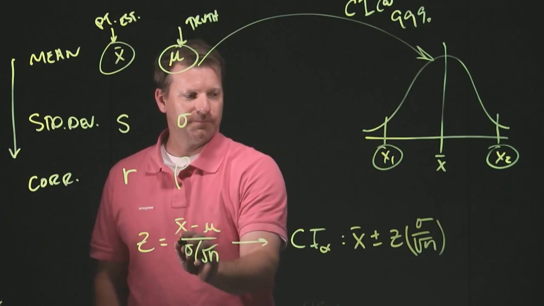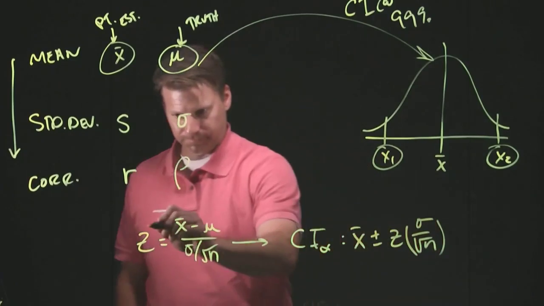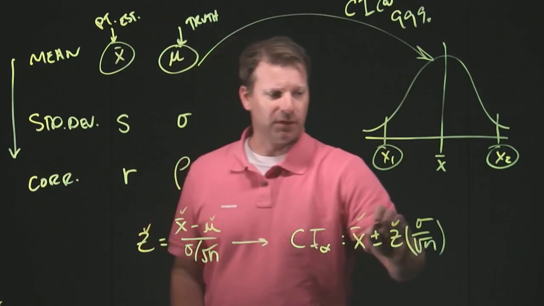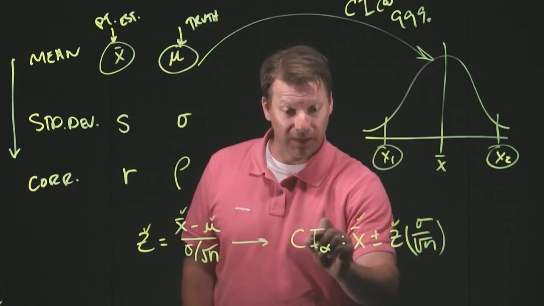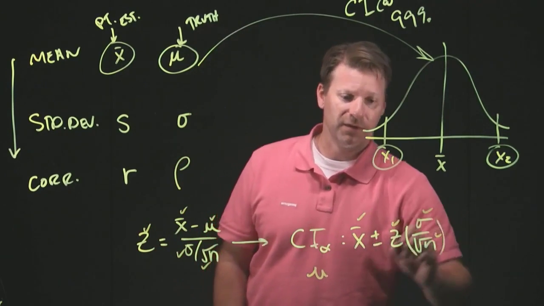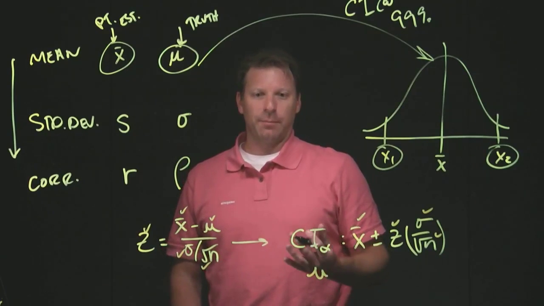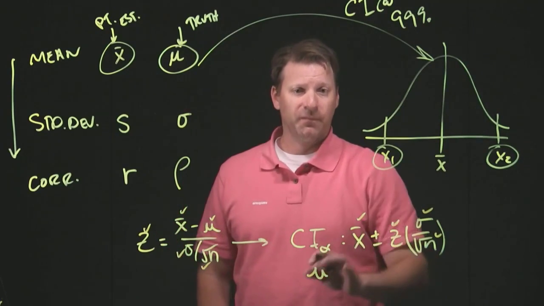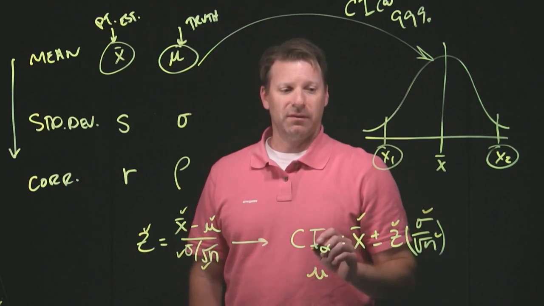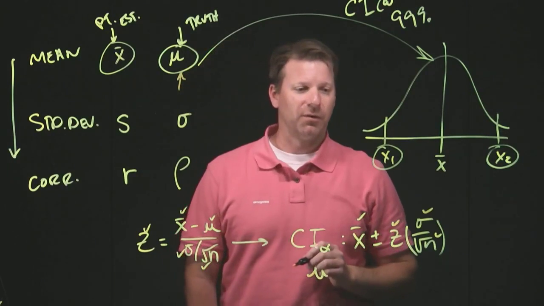This is familiar to us. This is new, but if you look at these two equations, they have basically the same inputs. We've got z, we've got our x bar. Mu is basically covered because that's what we're ultimately looking for, this truth. And then, of course, we have our standard deviation and our sample size. So we're going to look at this as just an application of something familiar in a new way. But it's a very powerful concept, because now we're at the point where we can go in, and even though we cannot find this value, we can find where it's likely to occur.